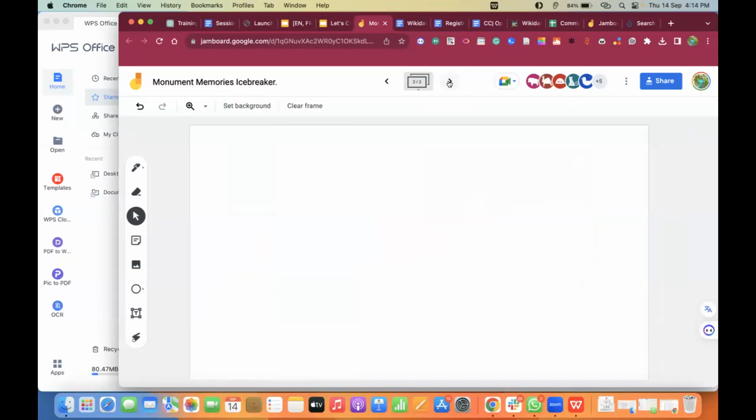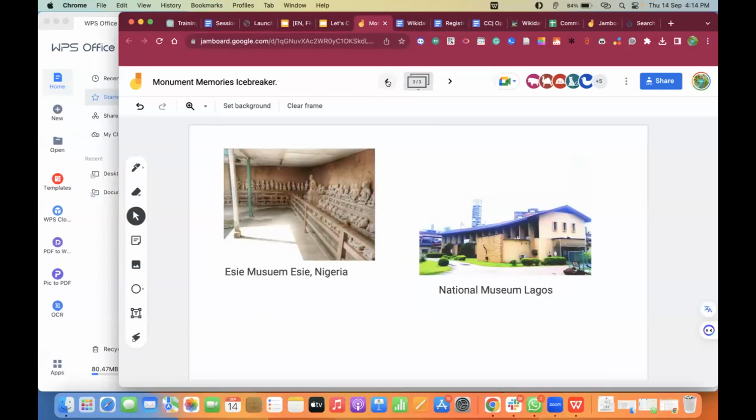We have so many blank Jamboards where you can do these tasks, and it's just something to really get us in the mood. We'll be doing this for 10 minutes. Your time has already started while I was explaining how you could participate in the icebreaker. So thank you. And if you have questions, I'll be attending to them in the chat.